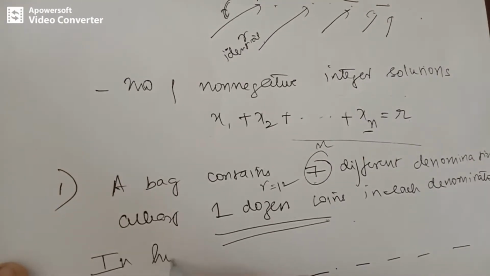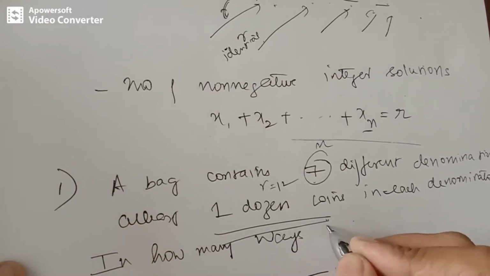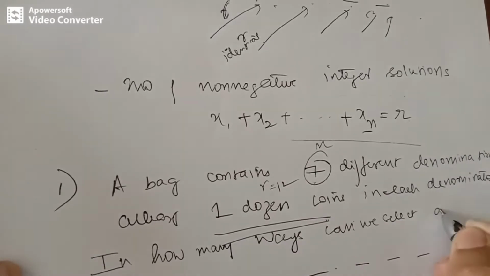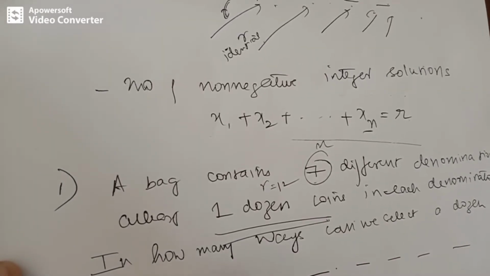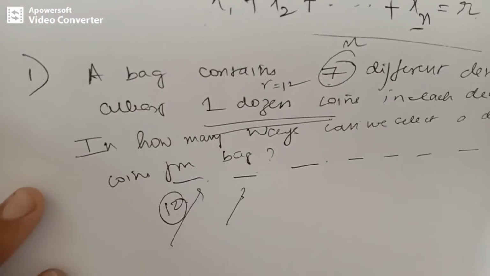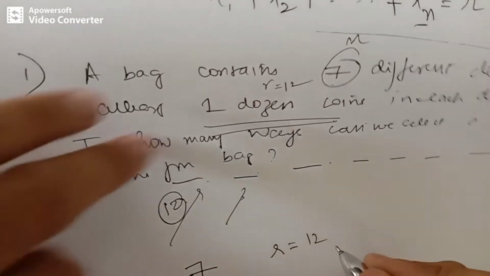In how many ways can we select a dozen coins from the bag? So we have already identified what is the value of n and what is the value of r from the given question. So our n value is 7 and r is 12,